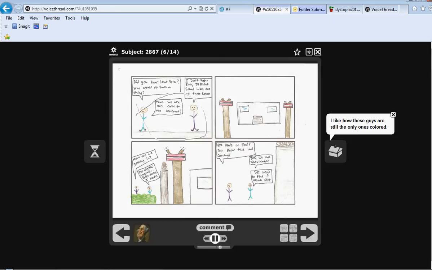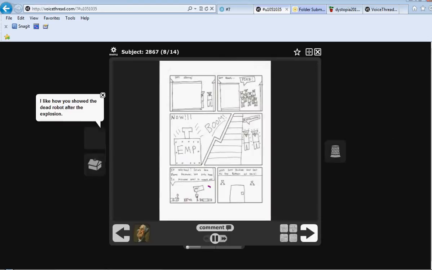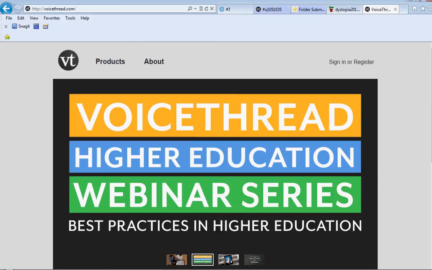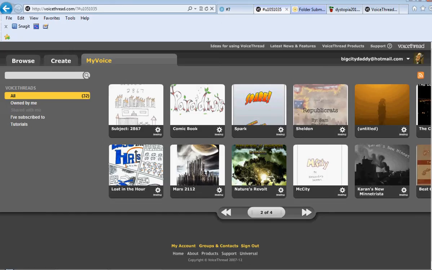So eventually this is where it's going: you're going to put it on VoiceThread. Eventually I'll have them all here on VoiceThread. This is what your VoiceThread account would look like. So don't get worried about VoiceThread right now. It'll be easy. That's something we'll go over later, when you've got the other, more important stuff done. I just wanted to show you VoiceThread, show you an example, and that I'm not looking for perfect artwork, so you don't have to be worried about